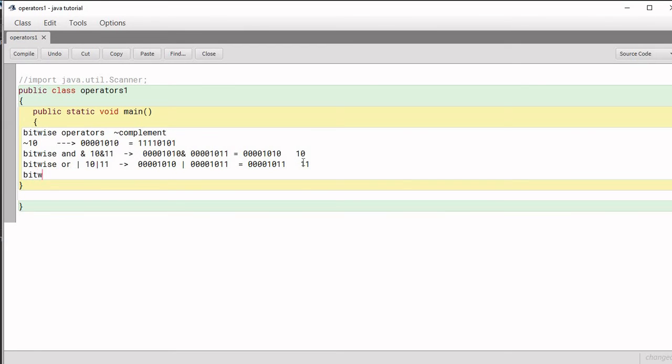Then there is the bitwise XOR or exclusive OR operator. The symbol is the caret sign. Suppose again we are taking the same example, 10 XOR 11.